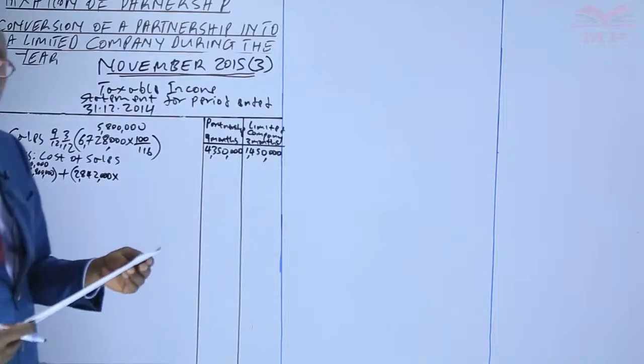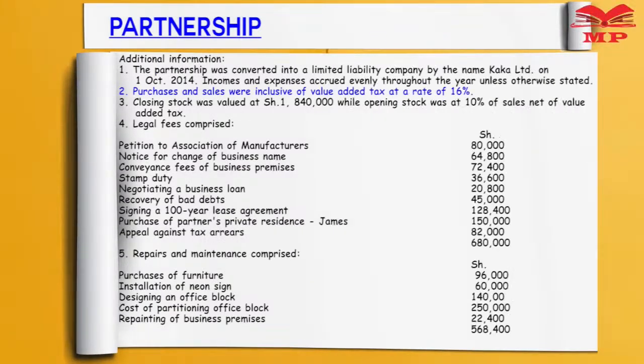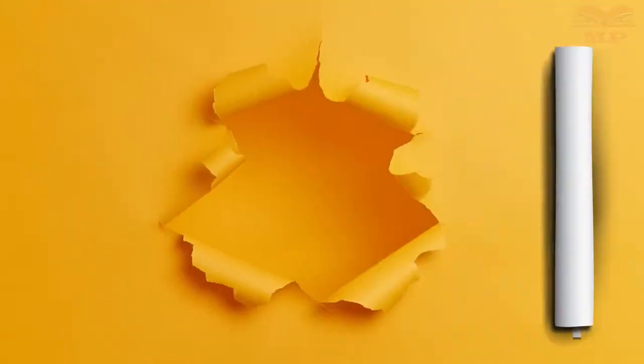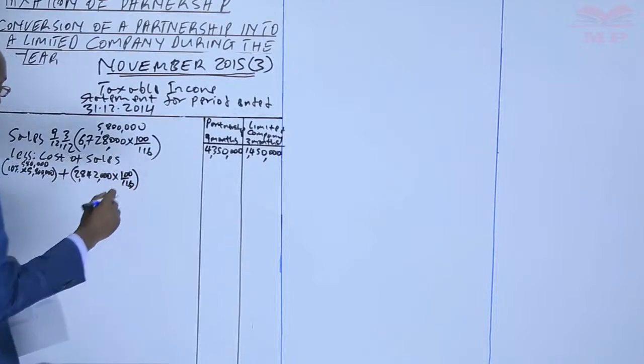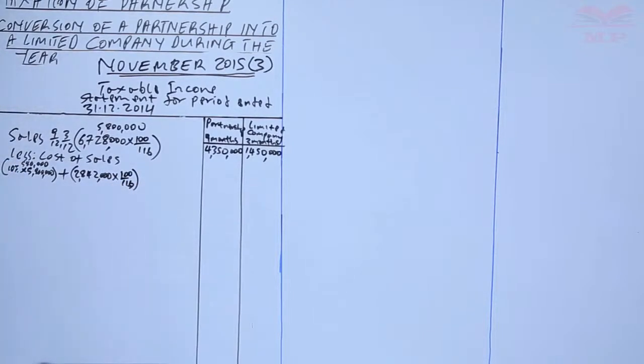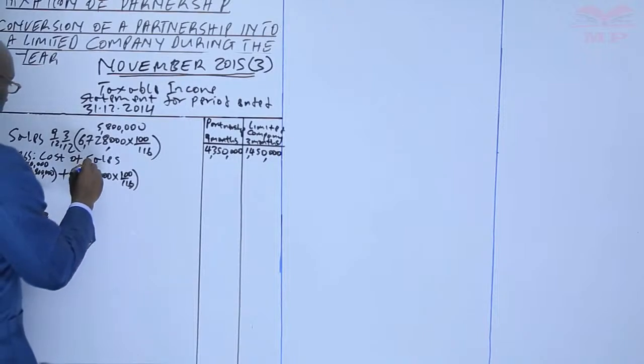But we are told this one as well, in additional information number 2, it had the VAT. So we must exclude the VAT. We do the same we did with the sales. So times 100 over 116. Let us get how much that is. So 2842,000 times 100 divided by 116 gives us 2450,000,